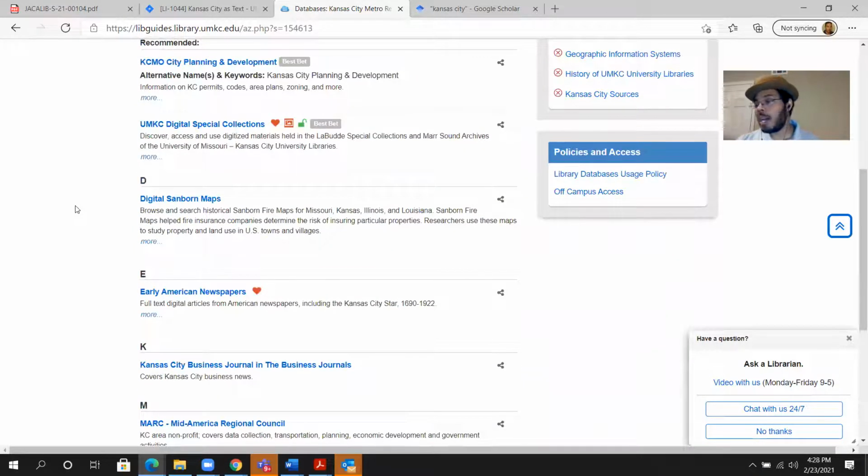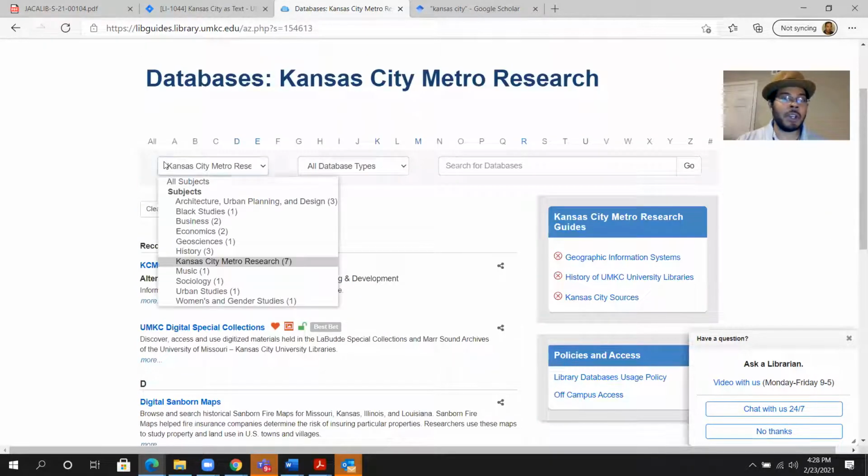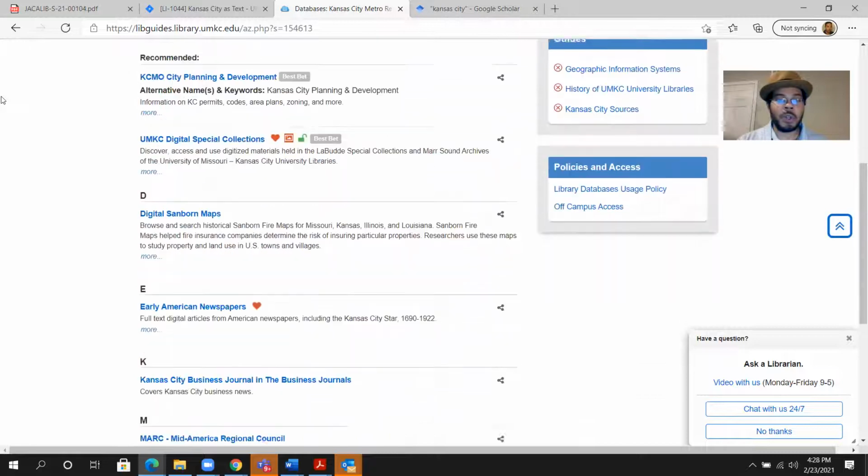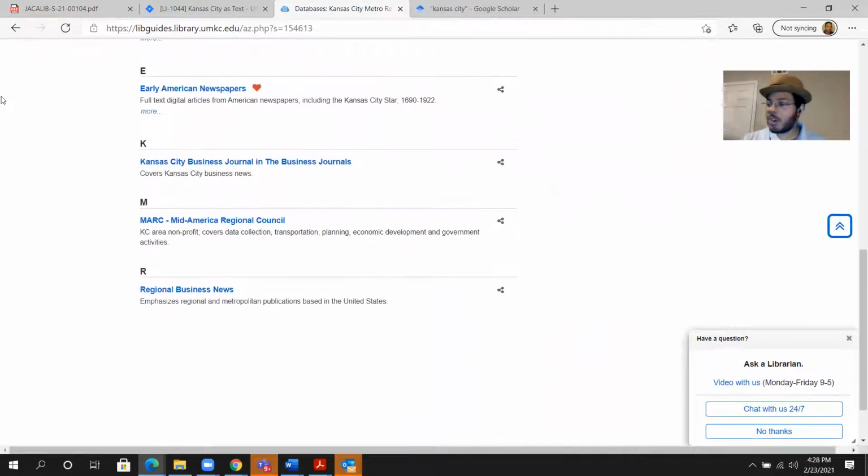So the reason why I'm pointing you in this direction is because it's going to save you some time, because there are hundreds of things if you don't go directly to the Kansas City Metro Research, and we want to focus on the local because we are doing Kansas City as text. So first, let's check out the Kansas City Business Journal. This has a very simple function for searching. So if we click that,